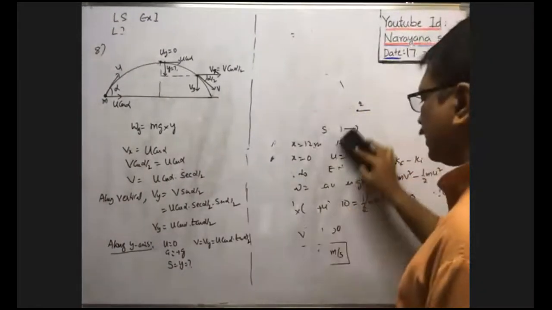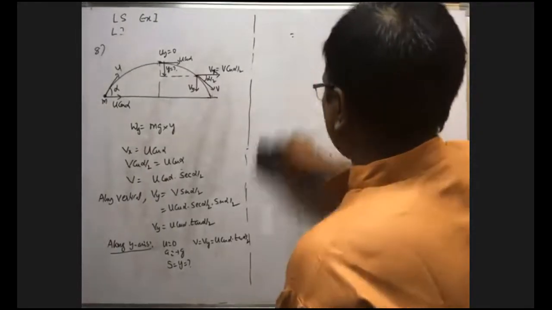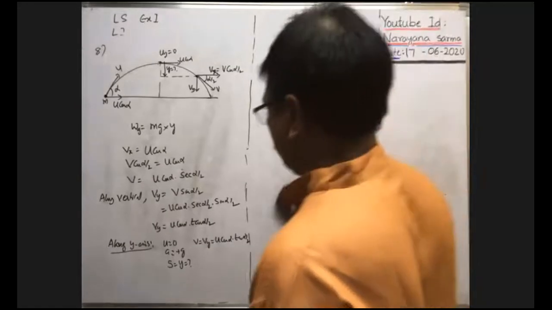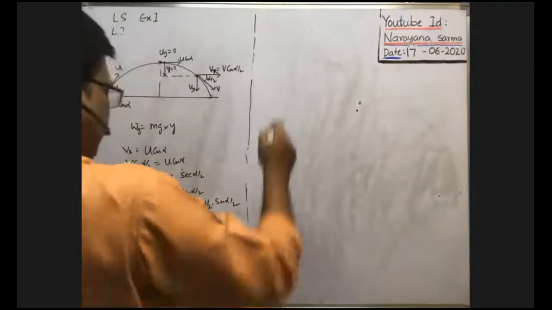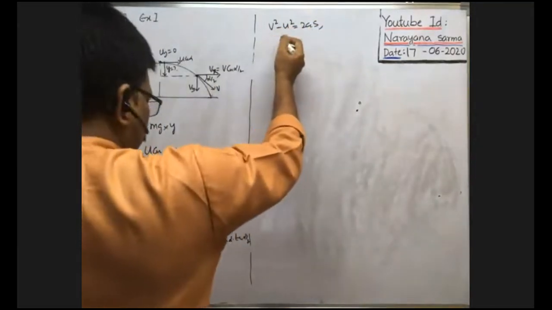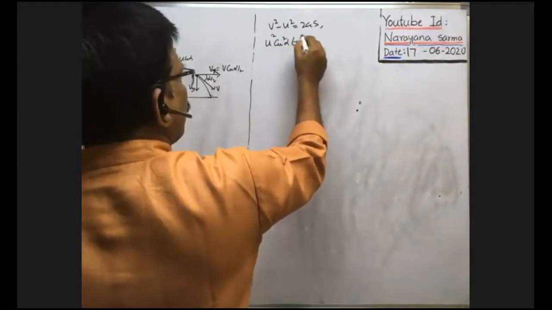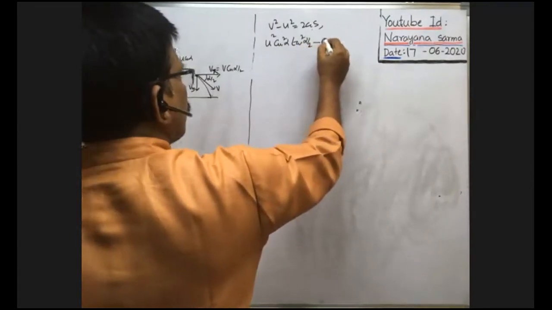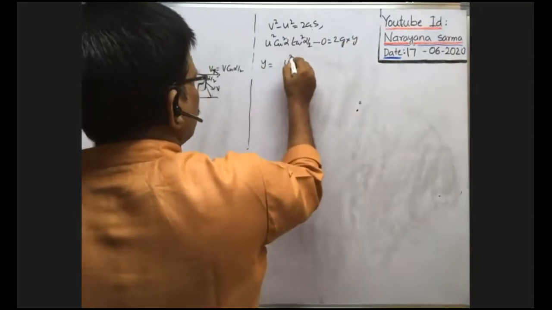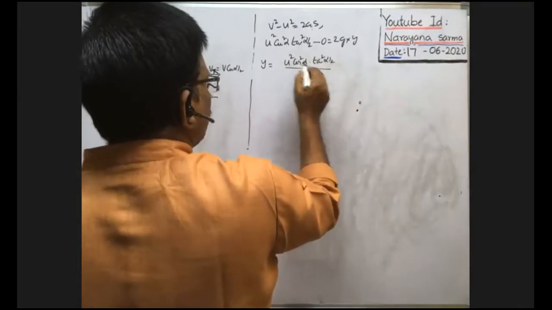Of course, by the work energy theorem also we can calculate directly. From v square minus u square is equal to 2as, v means vy. V square means u square cos square alpha into tan square alpha by 2, minus u square means 0, is equal to 2 into a means g, into s means y. So from this, y is equal to u square cos square alpha into tan square alpha by 2 whole by 2g. It is the displacement.